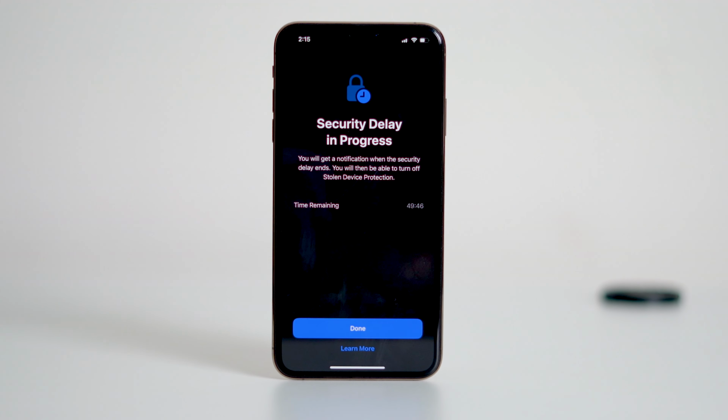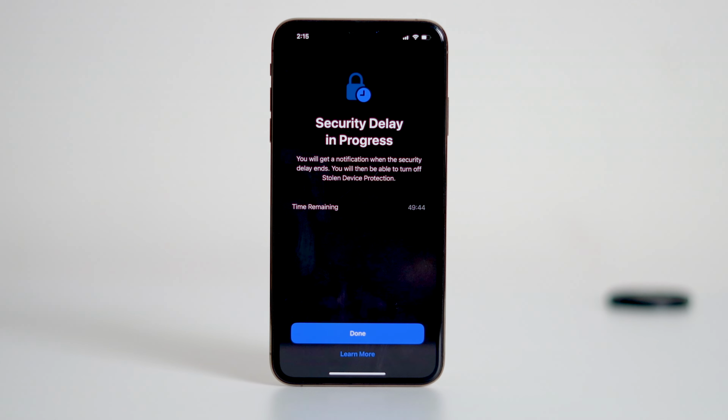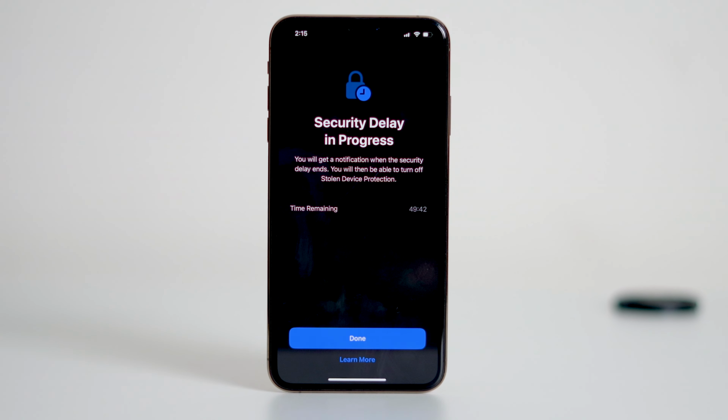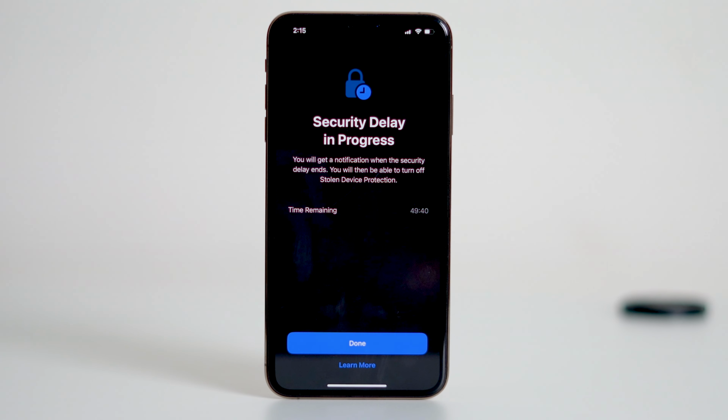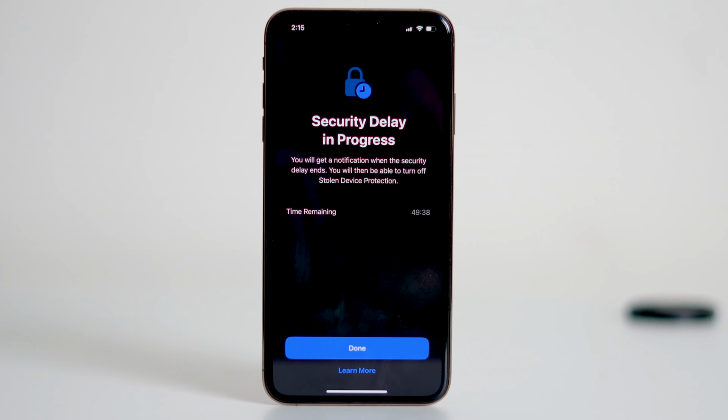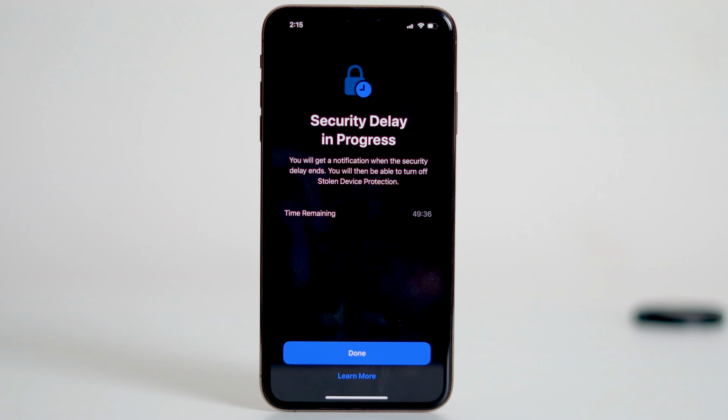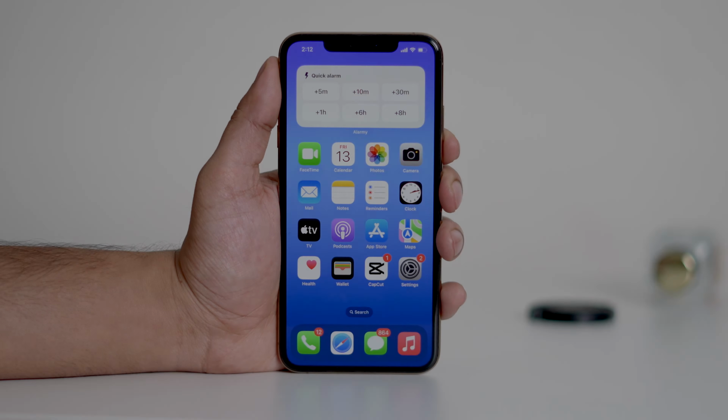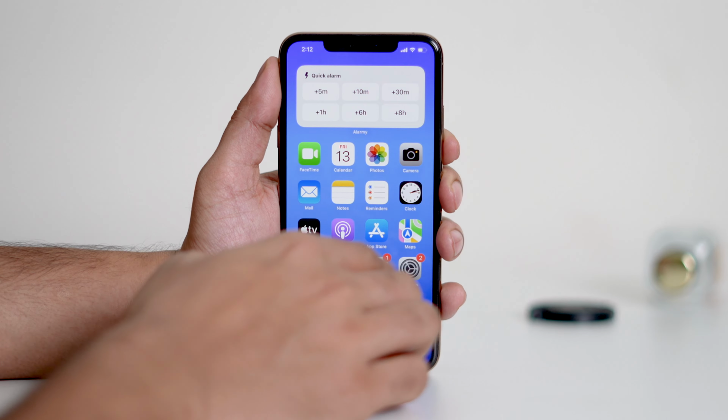In today's tutorial, I'm going to show you how to turn off stolen device protection on your iPhone. This feature, also known as activation lock, is part of Find My iPhone and is designed to protect your device if it's lost or stolen. So let's get started. First, open Settings